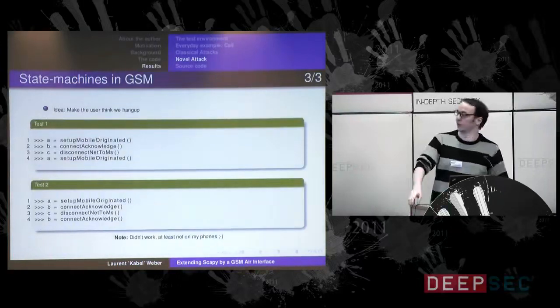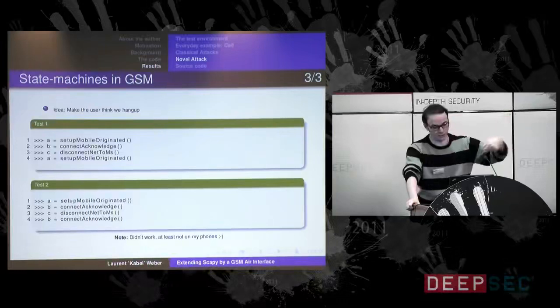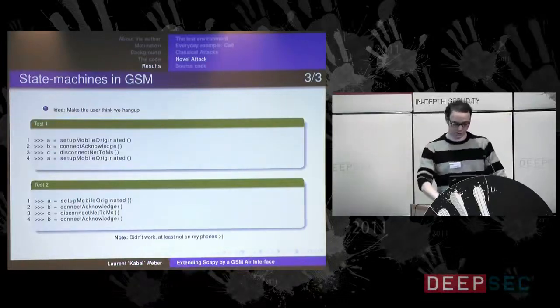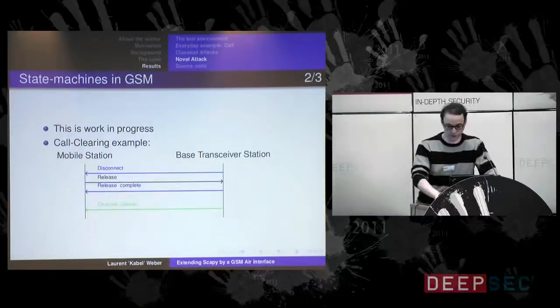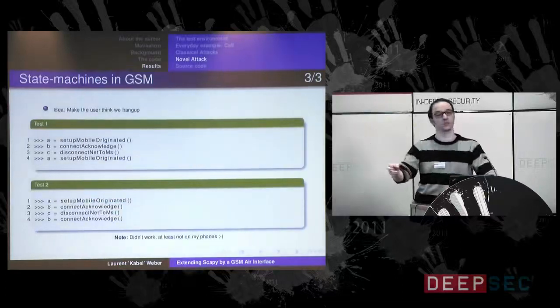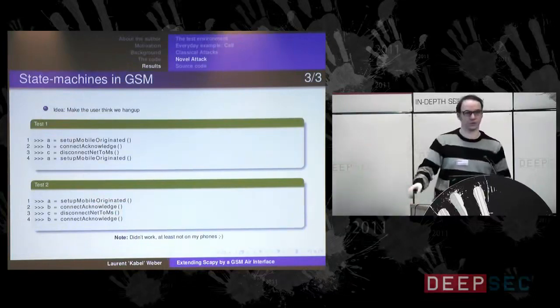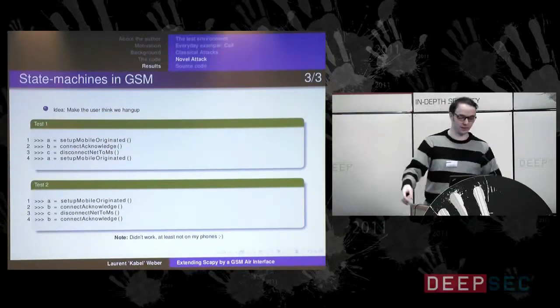Now this is only 2 test cases I did. First of all, you set up a phone call, but instead of finishing the call like it's specified here with a channel release, you are sending a set up mobile originated. That was the package we used to set up the phone call, for example. So maybe depending on how the implementation is, this could lead to the phone setting up the phone call again or something like this. Well, at least that was my idea.